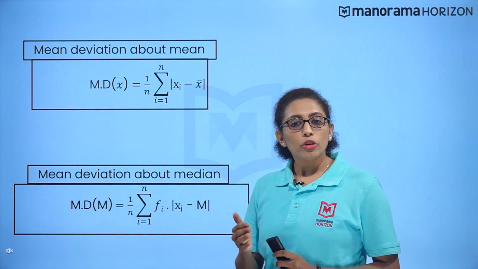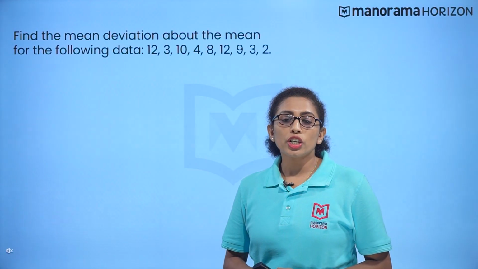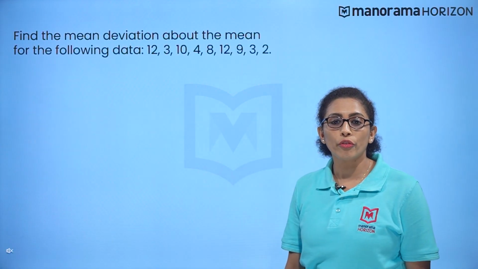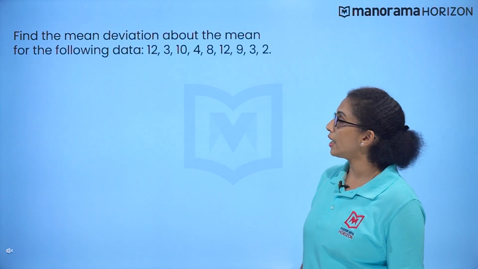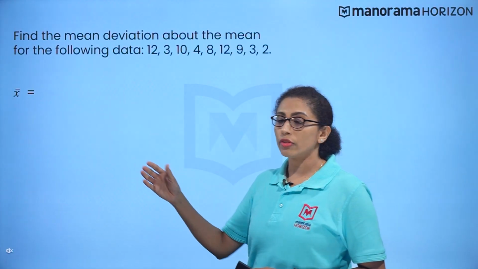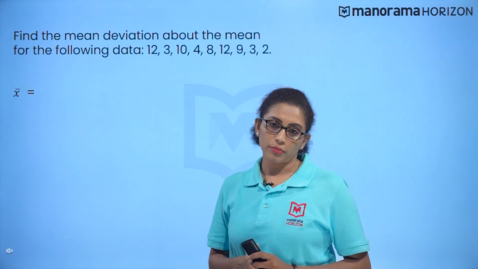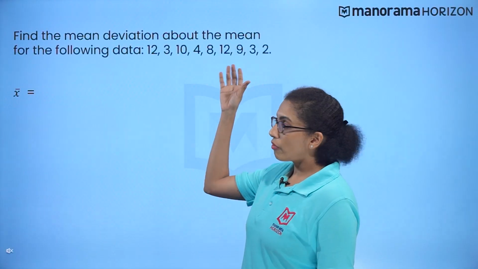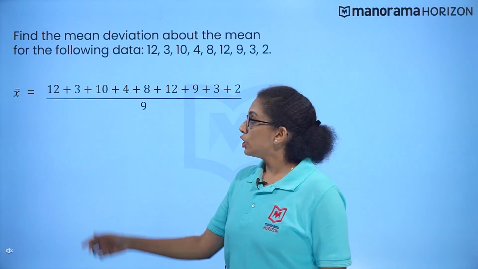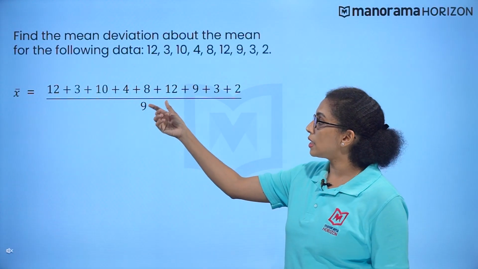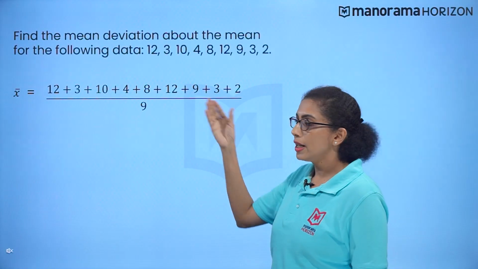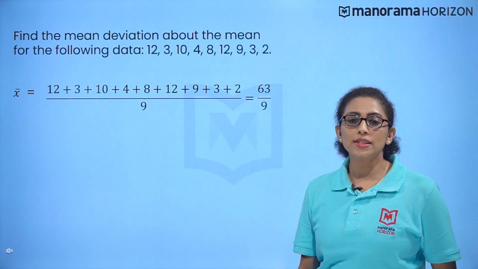Let's see one problem for better understanding. Find the mean deviation about the mean for the following data. The data is 12, 3, 10, 4, 8, 12, 9, 3 and 2. So first we need to find the mean, that is our x bar of the given data. How will we find it? Just add the values, then divide by the total number of observations. So we get x bar is equal to 12 plus 3 plus 10 plus 4 plus 8 plus 12 plus 9 plus 3 plus 2, the whole divided by 9, which is equal to 63 by 9,